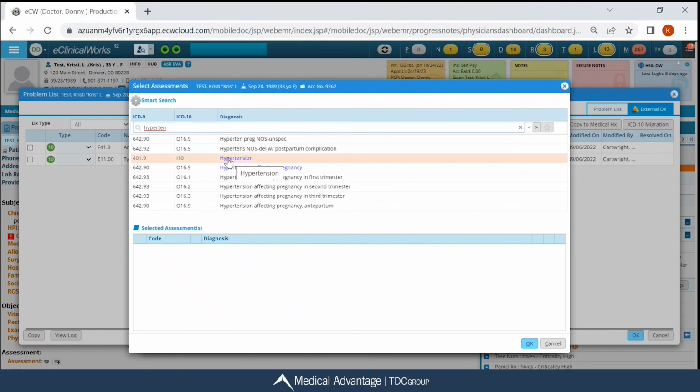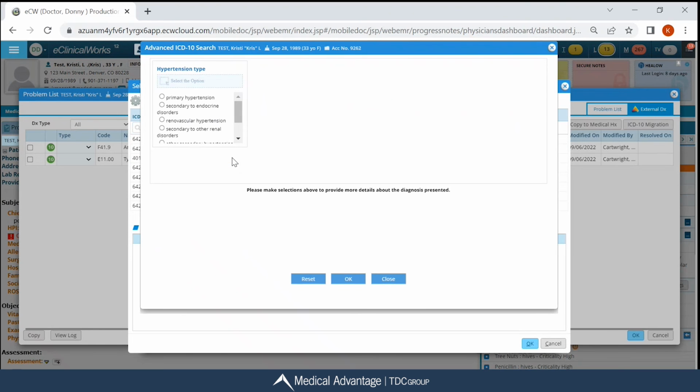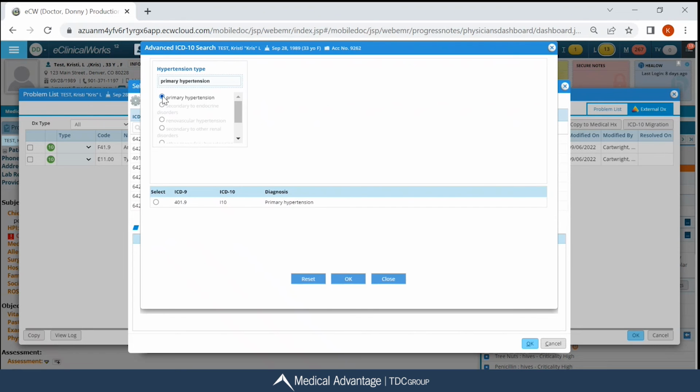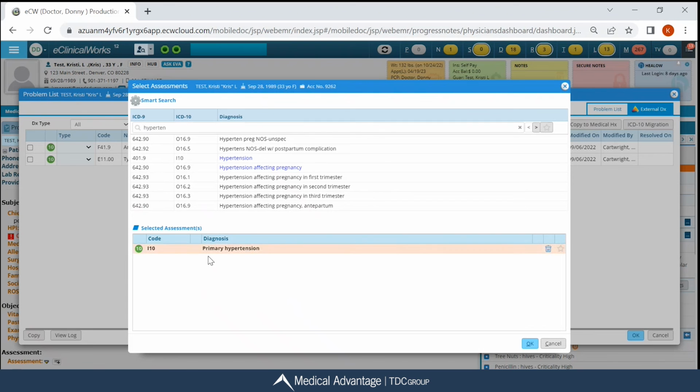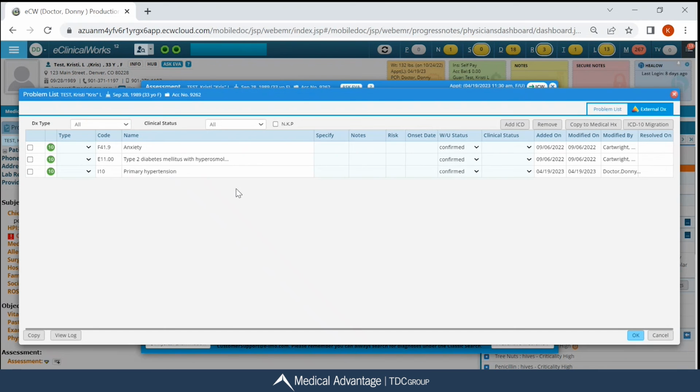I can click on hypertension. This one's in blue, so I know I'm going to get that additional pop-up window so I can get a more specific code. I'm going to select primary hypertension, and this is the appropriate code for me. Once I click my OK button at the bottom center, it drops underneath that selected assessments category. I can click the OK at the bottom right, and now I have added that diagnosis code to my patient's